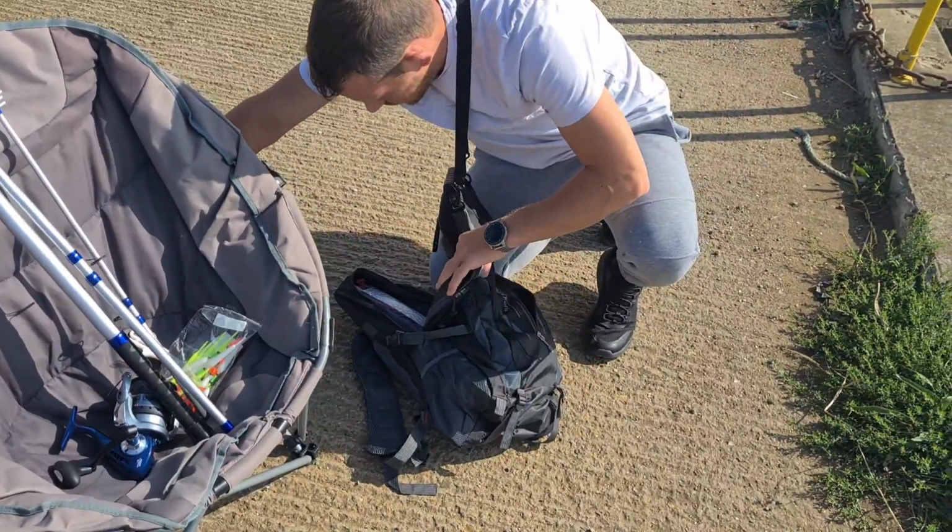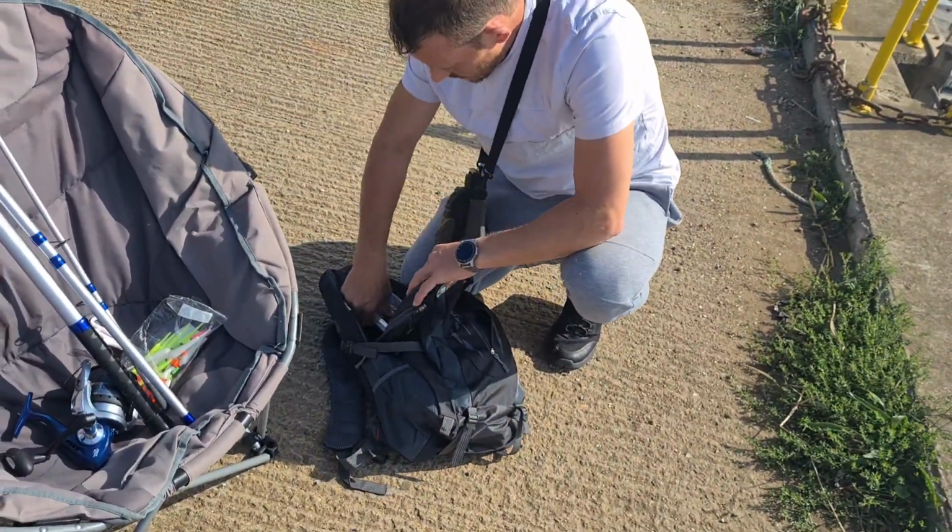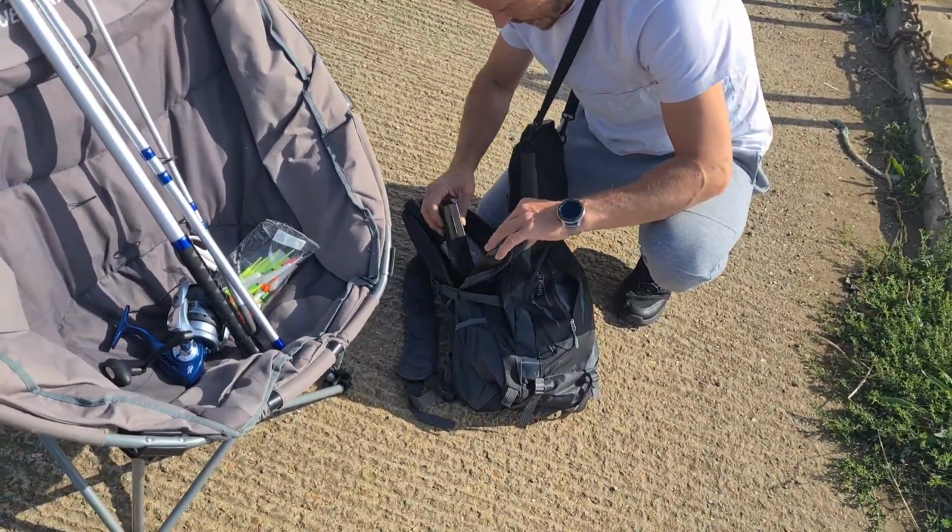It's just mixed juice, so I'll pull them out the way quickly. Now, start off